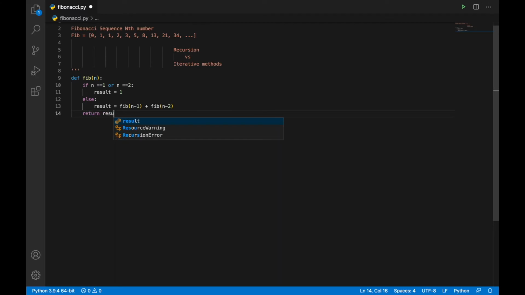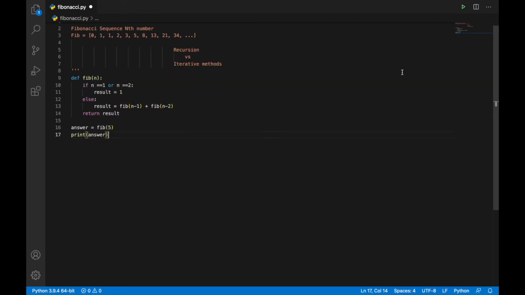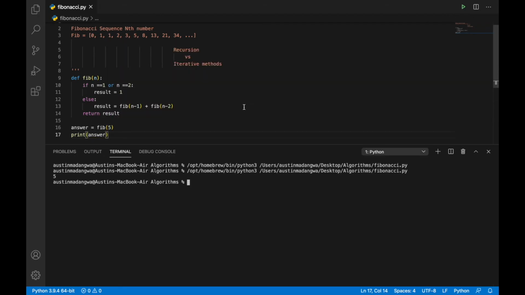Return result. So now let's test this method. So I'm going to create a variable called answer here. It is outside this function, and say answer is equal to fib of, let's just say 5 for now, and we're going to print this answer. So print answer, and now we're going to run this one. So the fifth Fibonacci, is it 5? Yes, it is. And let's just say fib of 10